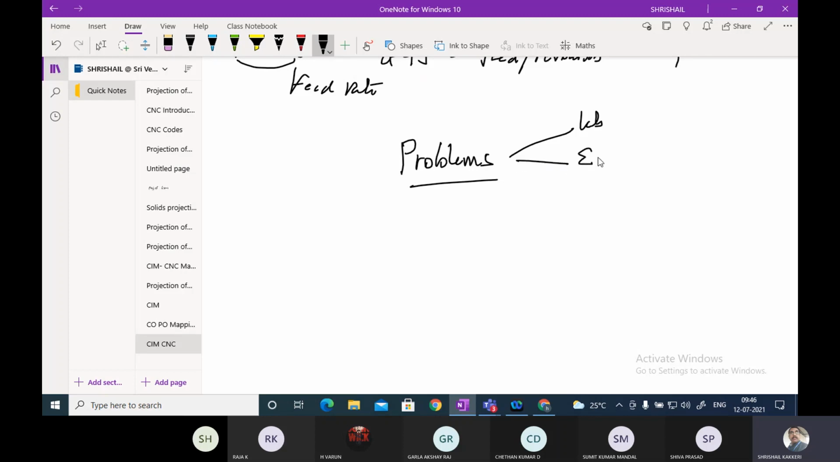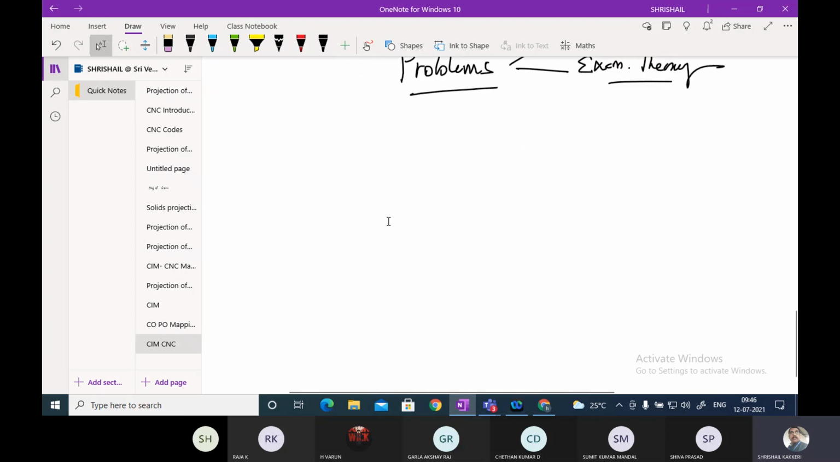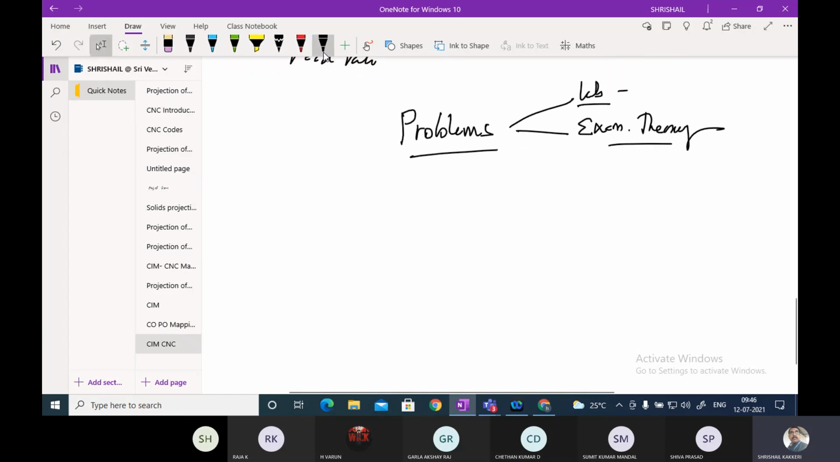As well as the exam theory. For the theory also, the problems are important. In the laboratory, you have to do the CNC one, turning and milling program. You have to do it. Okay, now let me